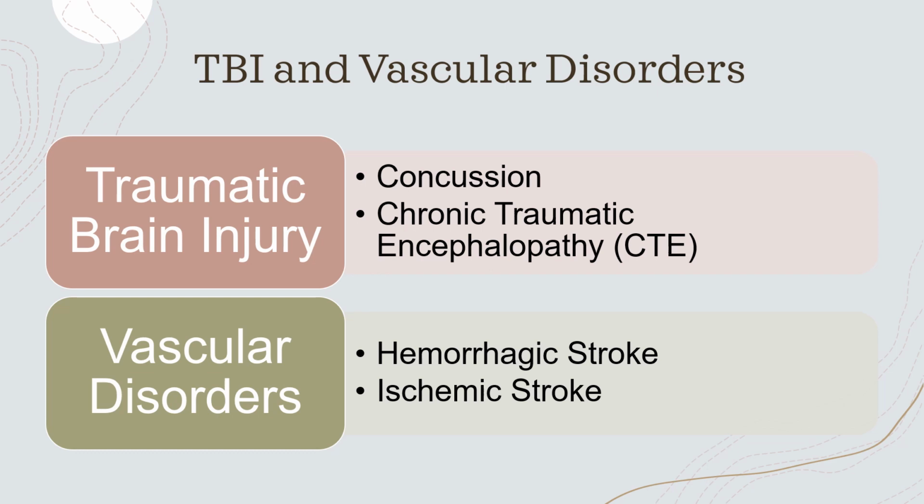as well. And then vascular disorders are essentially where something goes wrong with the blood vessels in the brain that causes some kind of stroke. So let's start with traumatic brain injury. The most common type of traumatic brain injury is a concussion, and you sustain a concussion, like I said,